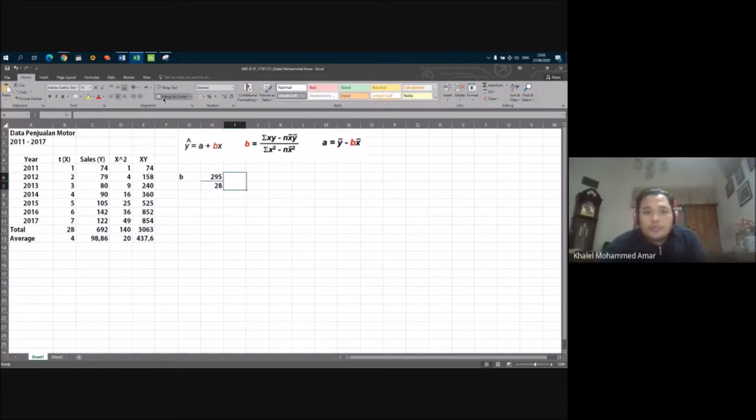So we will get the result, this one divided by this one. It will be 10.54. And then if we have already got the B, we will move to the A. For the A, the formula is the average of Y minus B times the average of X. So we will calculate it.